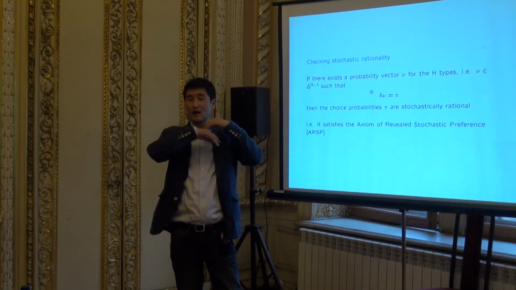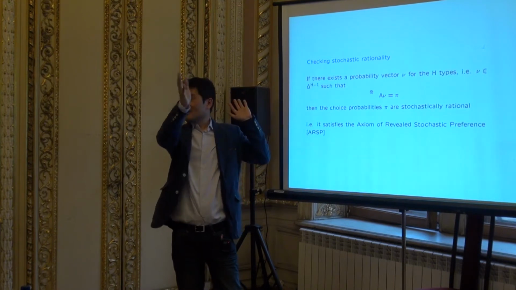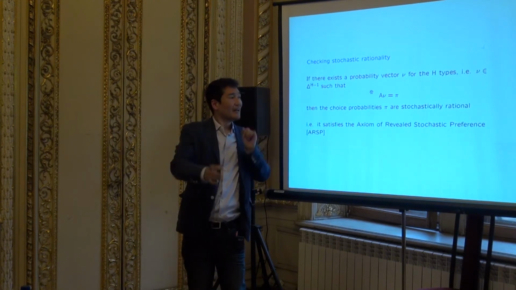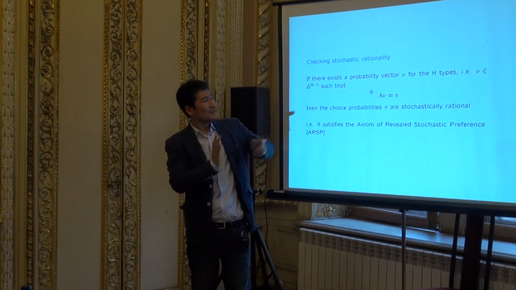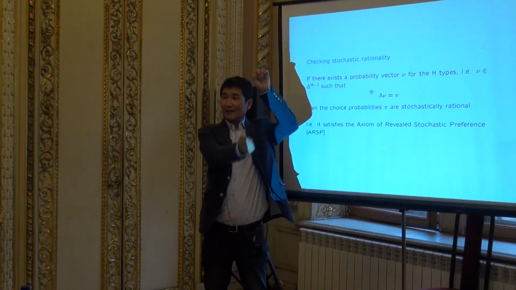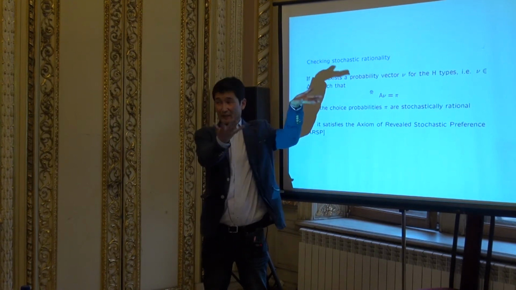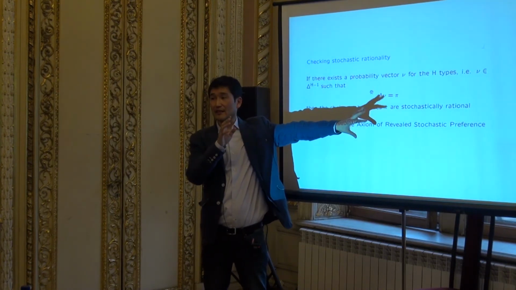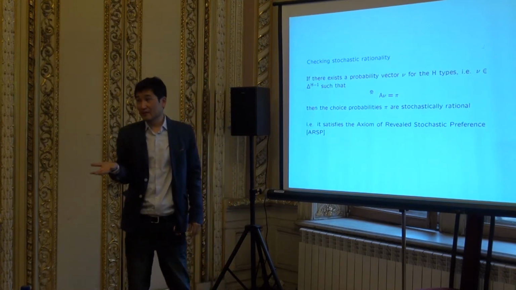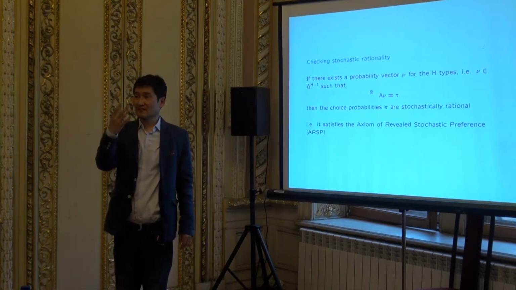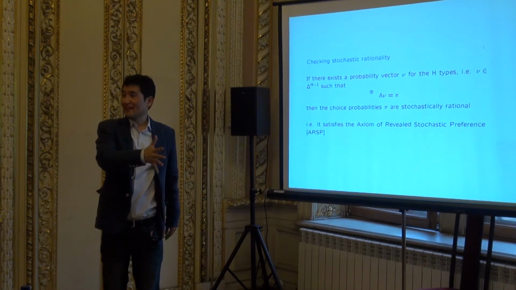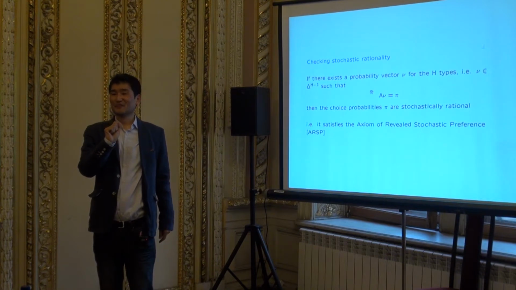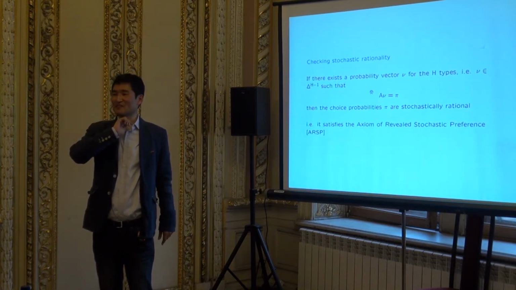Because exactly what you said, the A's are like types, so it's like weighting different types. And after weighting different types, if you can reproduce the actual choice patterns, meaning choice probability patterns, then pi is consistent with the rationality hypothesis, and otherwise not. So that's the fundamental idea, and I think it's very intuitive.